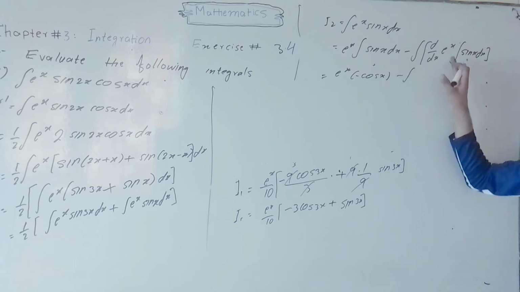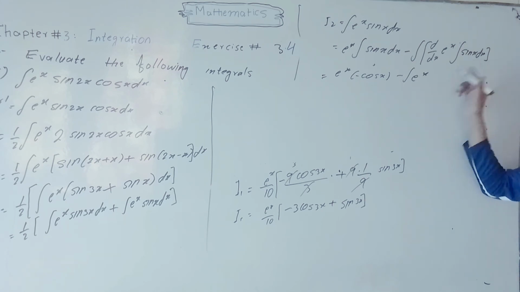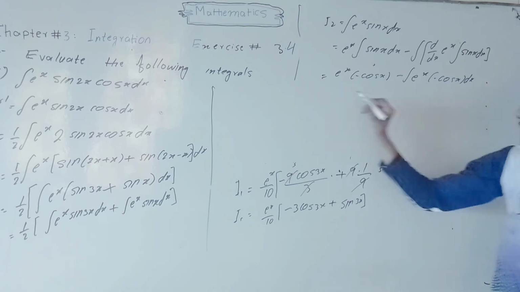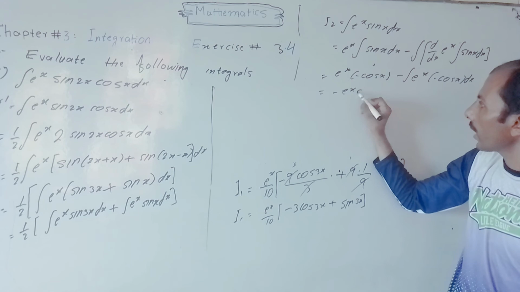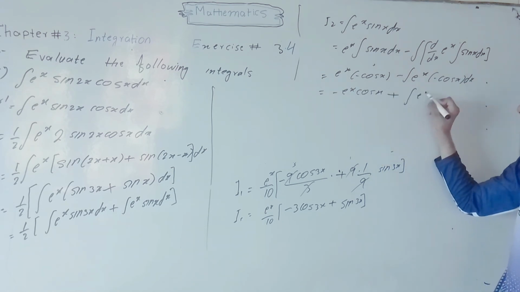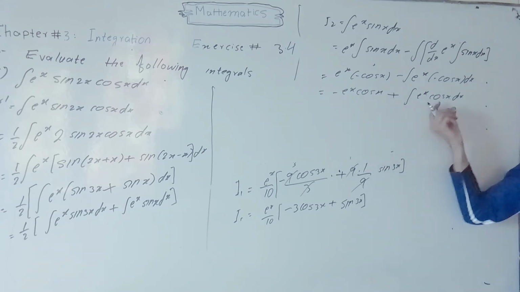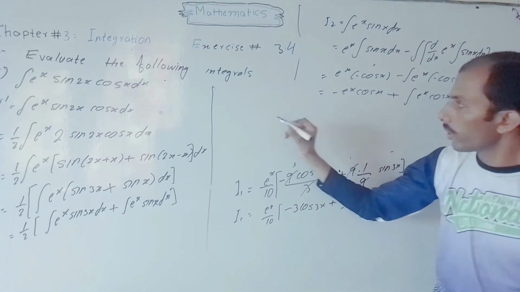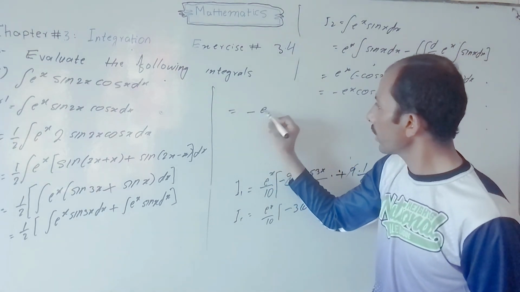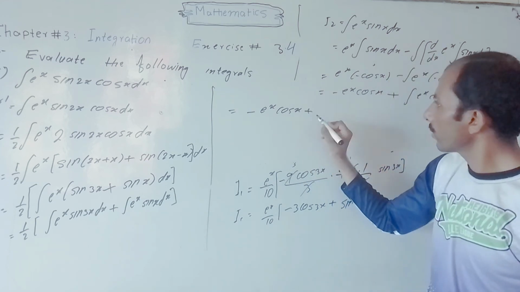Minus the integral of the derivative of e power x with respect to x, which is e power x, times the integration of sin x, which is minus cos x, dx. This is equal to minus e power x cos x, minus times minus, plus the integral of e power x cos x dx. Again, integration by parts, which is equal to minus e power x cos x plus